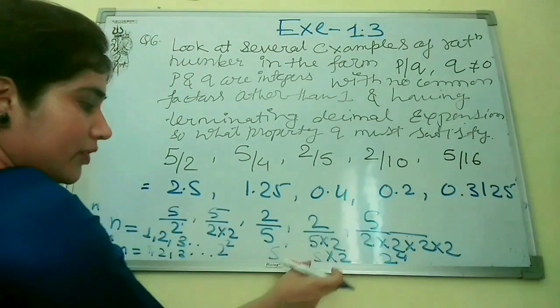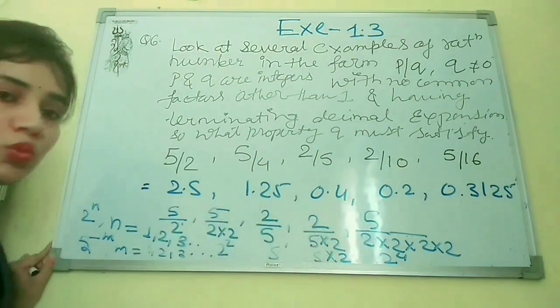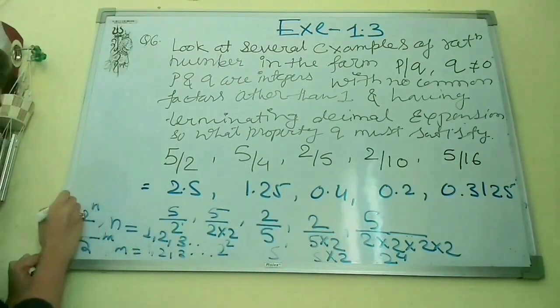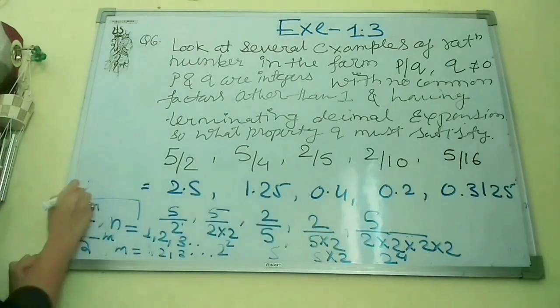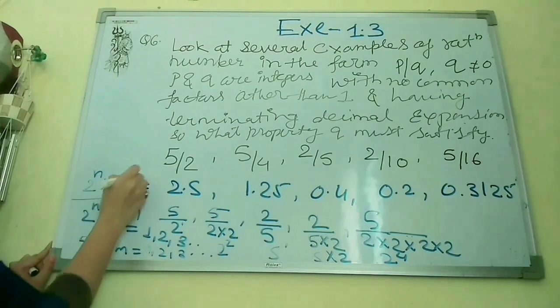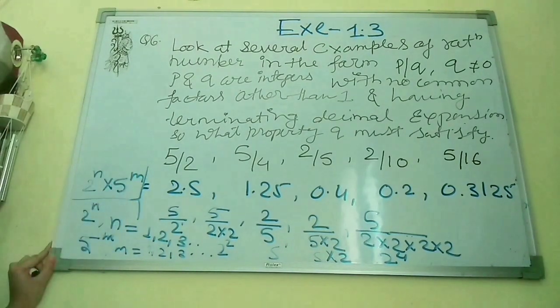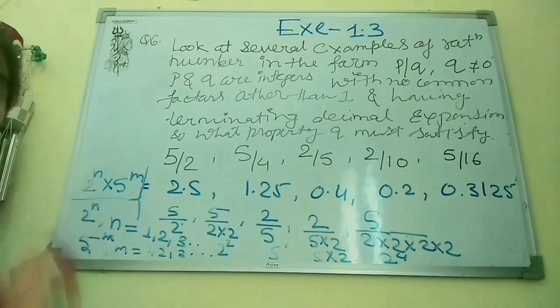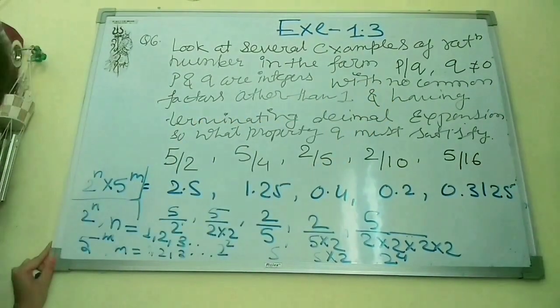But in this you are seeing there are two factors, 5 and 2 both. So it has a third type, which is saying it must be satisfied to the power n or 5 to the power n. This could be satisfied. So it could also satisfy this condition. So three conditions it must satisfy to find the terminating decimals.